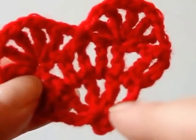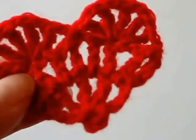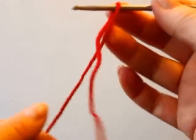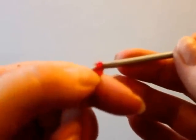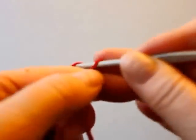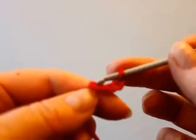Okay, we'll be starting from the bottom here. I'm making a small ring first and then starting to do the rest of it. I'm starting out by chaining 5. First just a loop and then chain 5. 1, 2, 3, 4, 5. And then I join the last one and the first one using a slip stitch